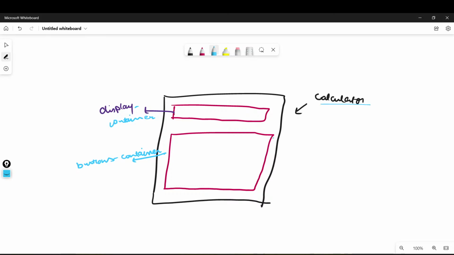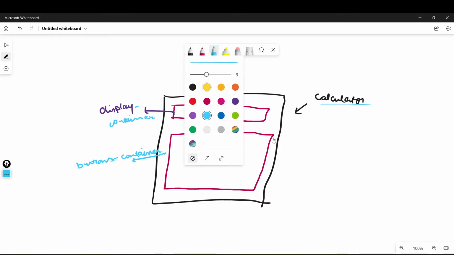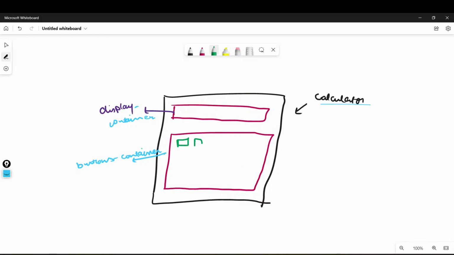So we have an outer box, called the calculator. Inside it we have a further box that has the display container, and we have a button container that contains some buttons, right? Obviously, if we have buttons, we will also be having blocks for them as well, right? So let's take a brighter color, let's take green for now. We have added some simple buttons over here, right? The number of buttons and their placement might differ, but we have added these kinds of buttons. Each button is again a division in itself, a normal container in itself.